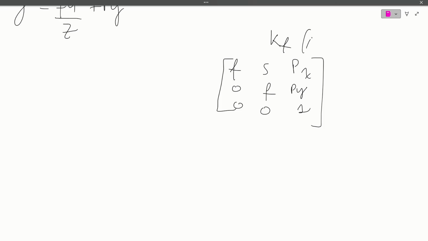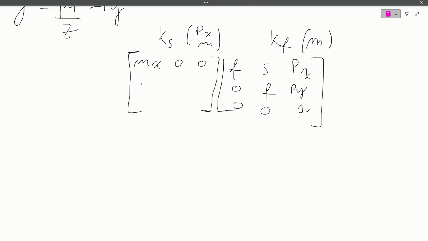And it's in meters. Okay, we will multiply it on the left by the matrix Ks. There is a matrix in pixel over meter for changing the unit of measure. This pixel matrix is just a converting matrix: mx 0 0, 0 my 0, 0 0 1. Okay, doing this product, we will obtain